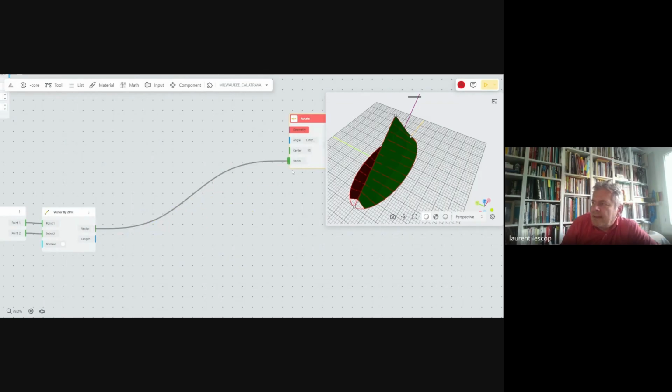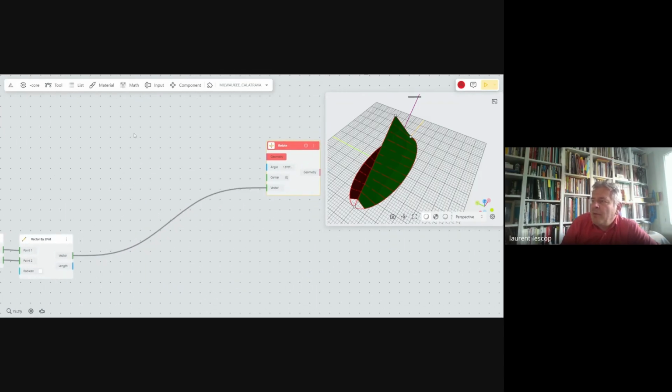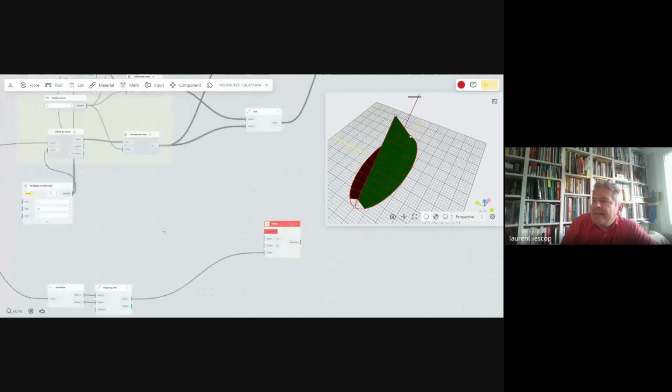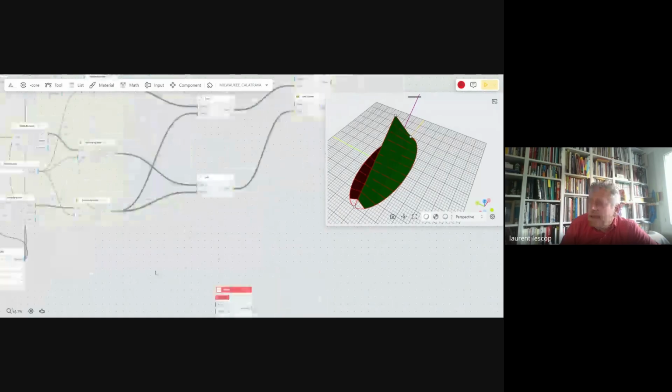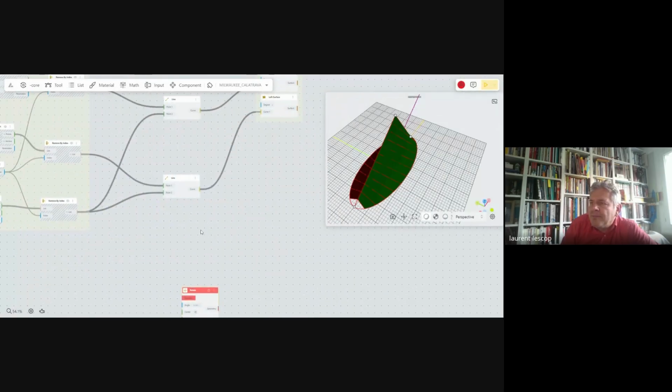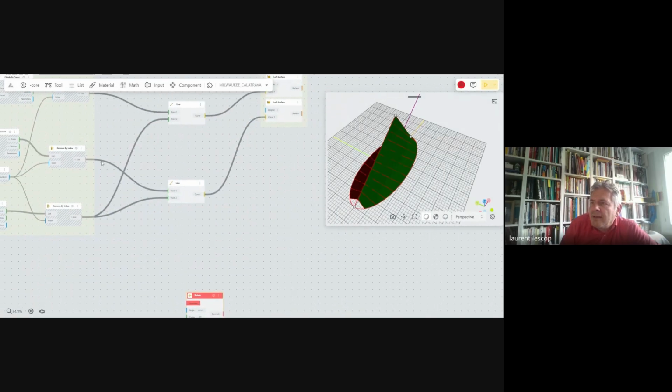So I just have to connect it. The center points, is it easy? Center points are my points. And luckily, we've got them here. Which one are they? Let's select them. No, it's not that list.